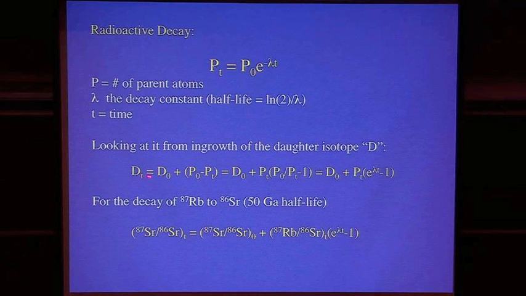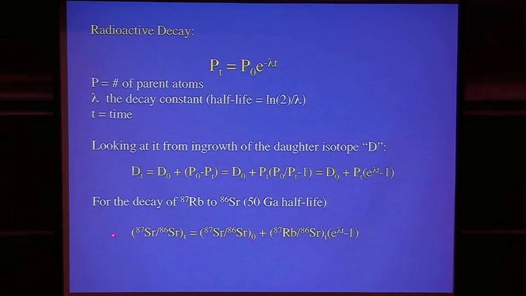So you start with a daughter today is equal to whatever daughter isotopes were present at the beginning, plus the contribution that you get from the decay of the parent isotope. And you can go through the math. It's very simple math. You end up with a standard decay equation here, and expressed in one of the systems,